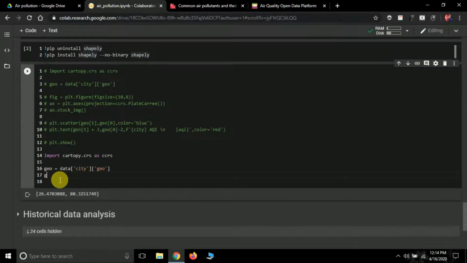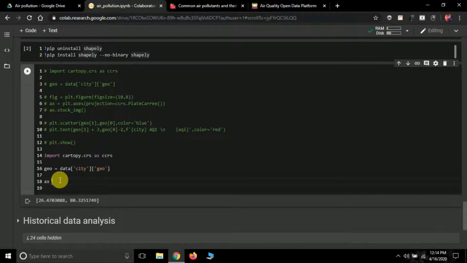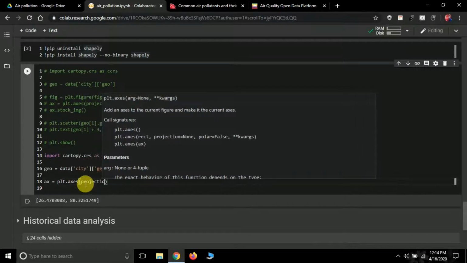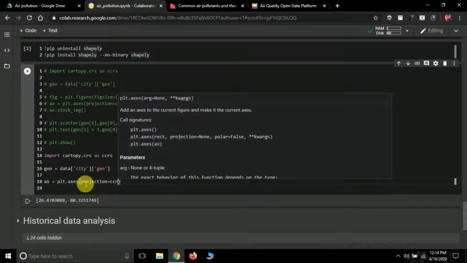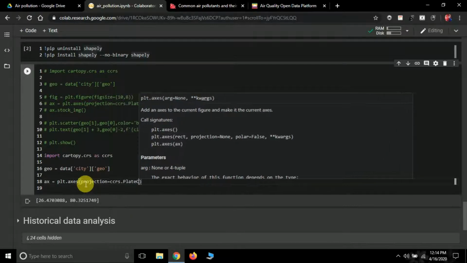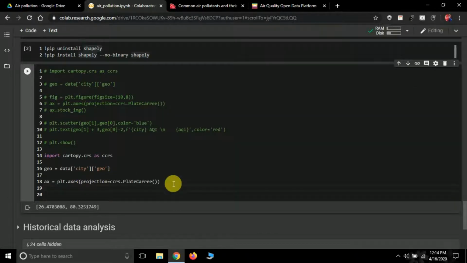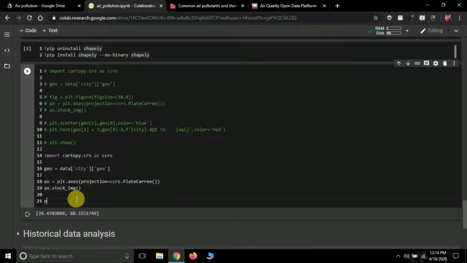Again, it's very easy. First of all, we have to create a set of axes. So ax equals plt.axes. I have a separate series on Cartopy, you can check it out if you are interested in mapping. First you have to pass a projection here. If you do not understand what a projection is, just pass it like this: PlateCarree. Then you have to type one more thing, ax.stock_img(). It will show you the map. If you do not add this line, the map will not be visible, everything will be white. Okay, everything is fine. Now just plot the map and let's run it.